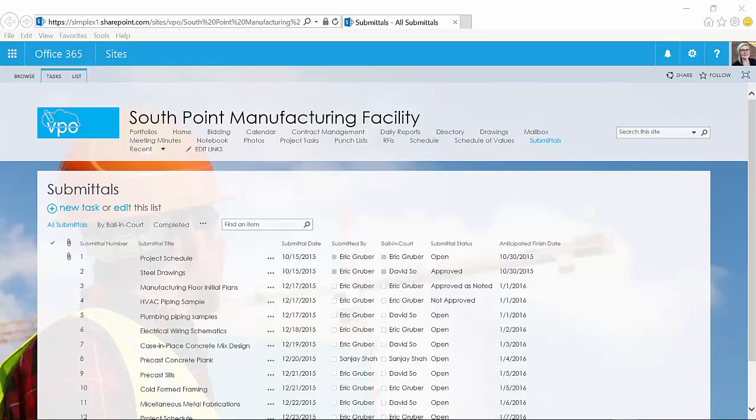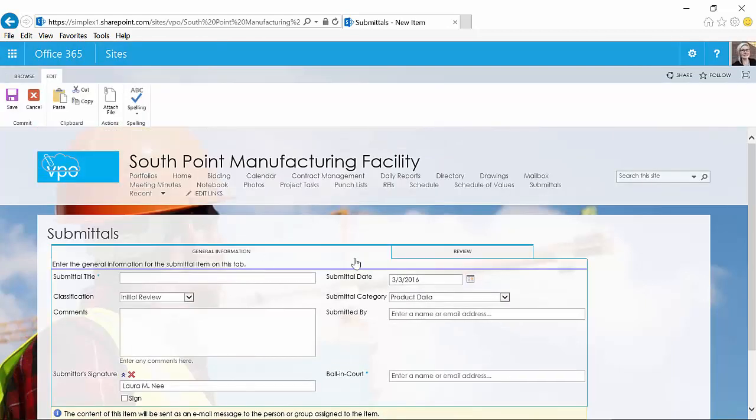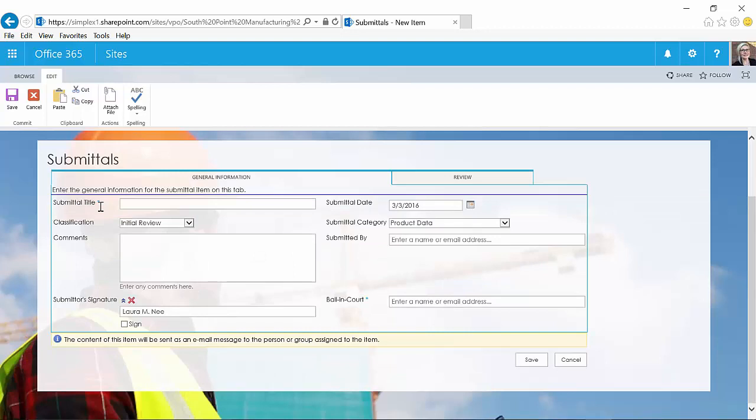To manage submittals, you go into the submittal log, and you'll see a list of existing submittals that have already been submitted on the project. You can click on New Task to create a new submittal item, and this can be done by anybody on the project team. The person initiating the submittal can come into the submittal form and enter in a submittal title,